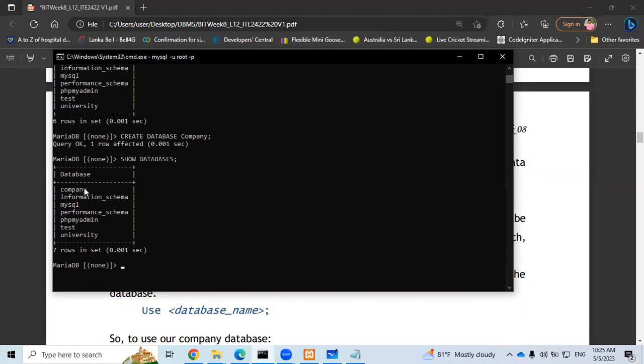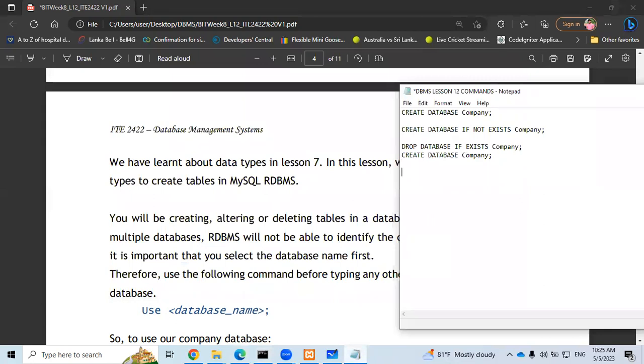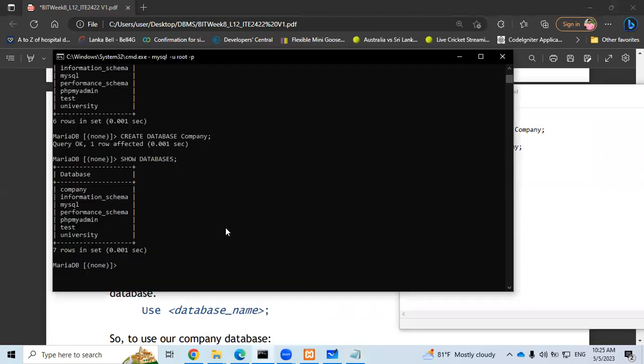So in order to insert tables, we need to select the specific database which we have to alter. How to do so? You can use this command, use. Let's say I'm going to use the company database. Now, use company. This is the command. Let's go to save. Every time, remember to save these things, okay? Right, so how to do that? Use company